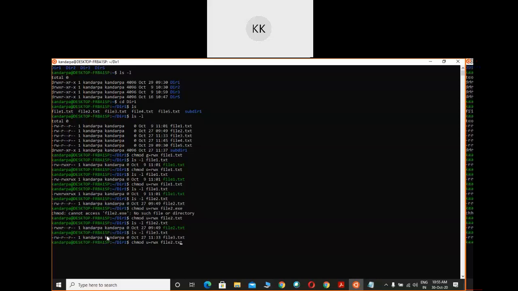So what you have to type is something like this: chmod 777, give the file name 3, enter. If you put this command now, you see all are assigned read write execute, read write execute, read write execute. So that's why it's called straightforward. Earlier we had to write everything out for owner, group and others, and now I just wrote 777 and this is done. So in this way also you can set the permissions.